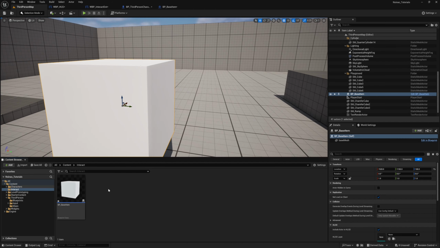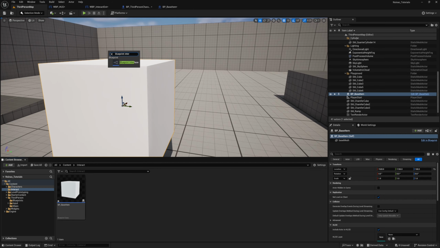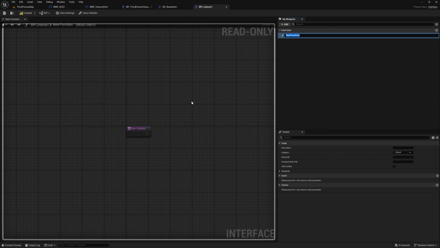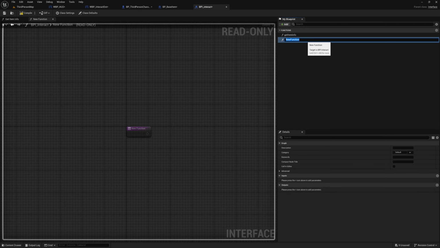So let's head over to the interact folder. So we will right click and search blueprint interface, and let's name it BPI interact. So in this interface, it will hold all the functions that anyone who implements this interface can use. So let's call the first one get item info, and let's create a new function, call it interact,